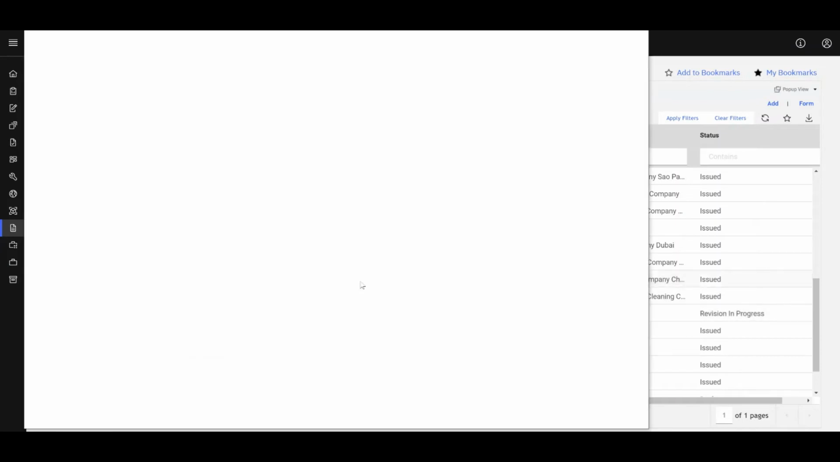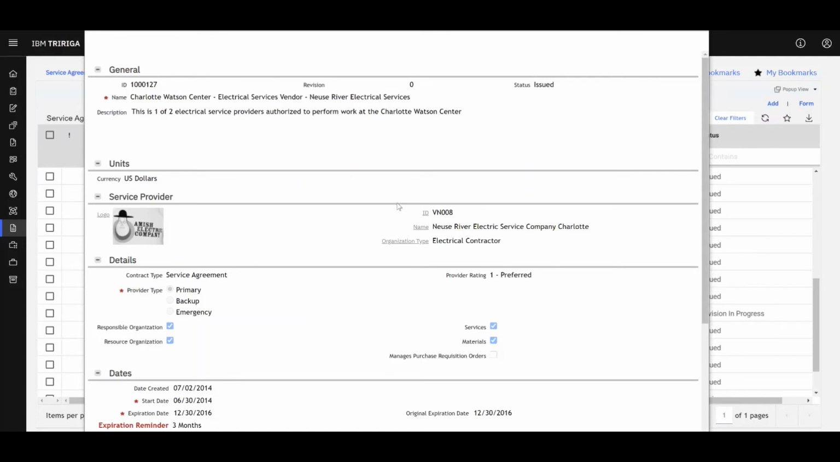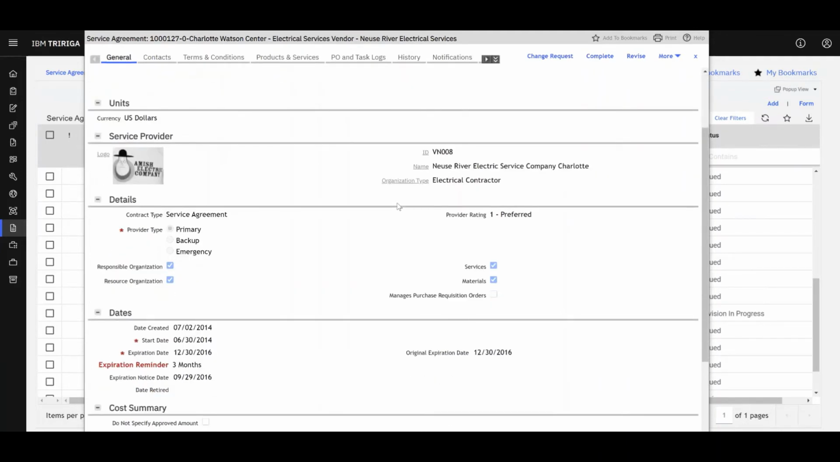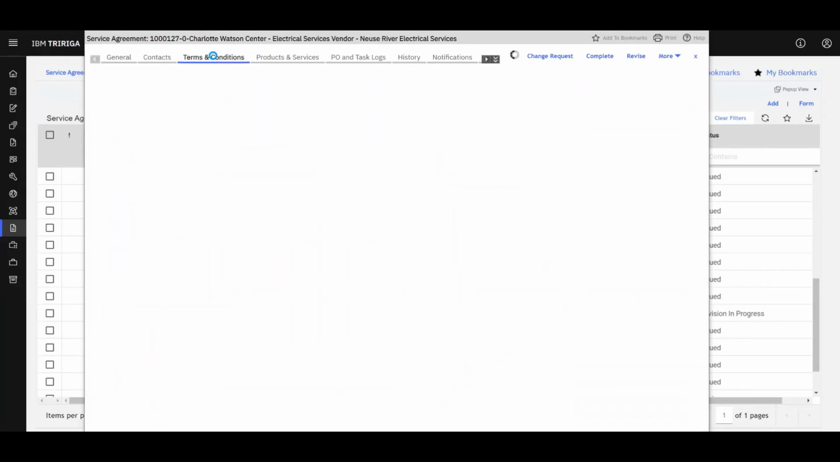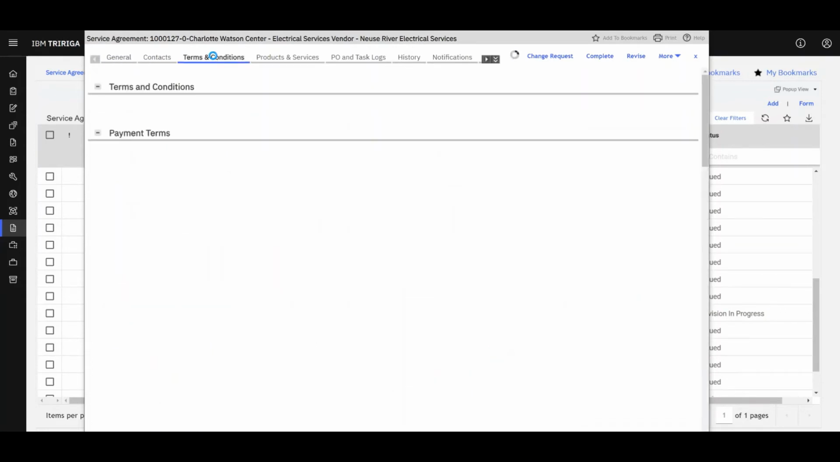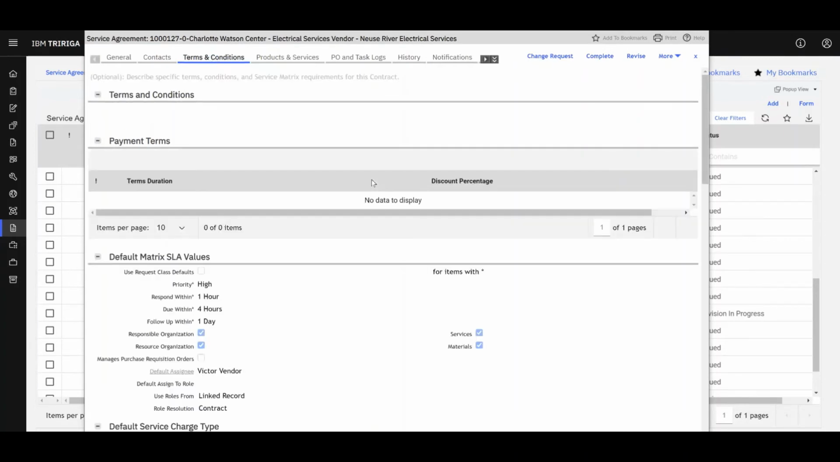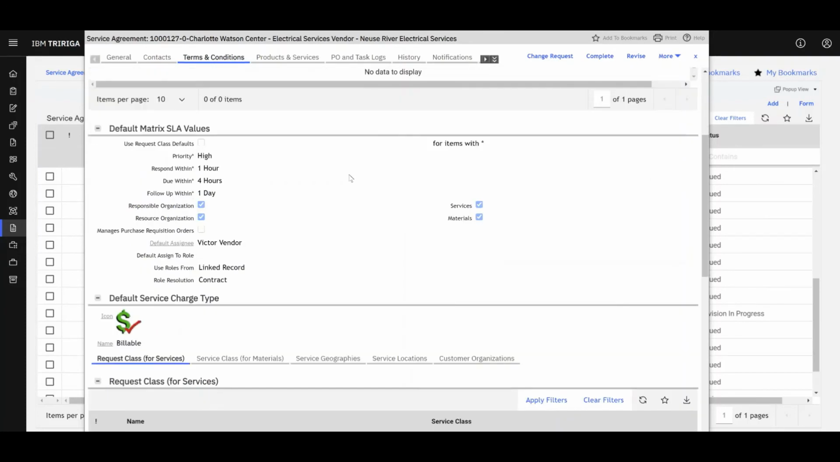For example, we are currently opening up an electrical services vendor contract for the Charlotte Watson Center. So what these contracts do is they determine the routing when a request is submitted for electrical work. So what this record is saying is based on the terms and conditions that's defined in this tab,